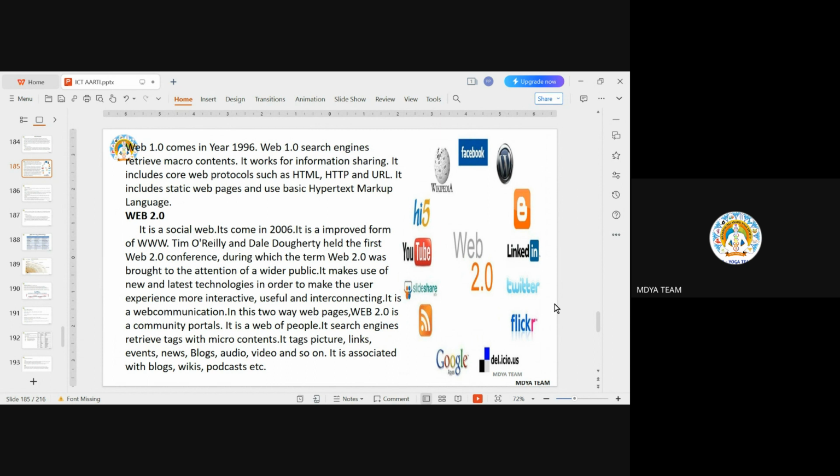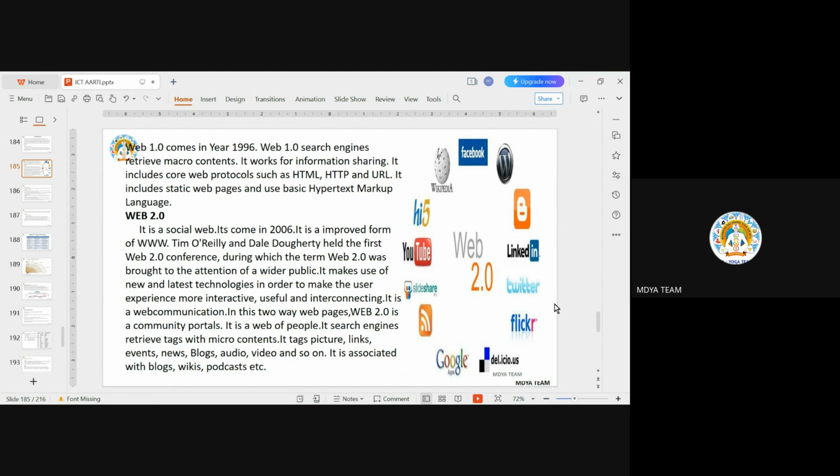In Web 1.0 you can just read the content. You can understand it like this: Web 1.0 and Web 2.0 are just the front page, the front view. Their view was very good looking, you can say. They are based on the front page, basically dependent on the front page.